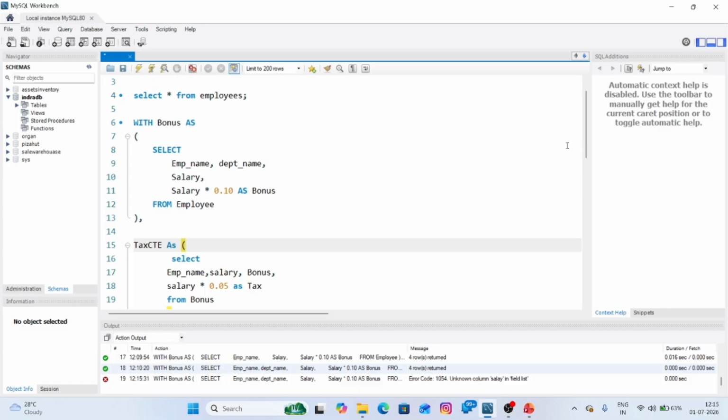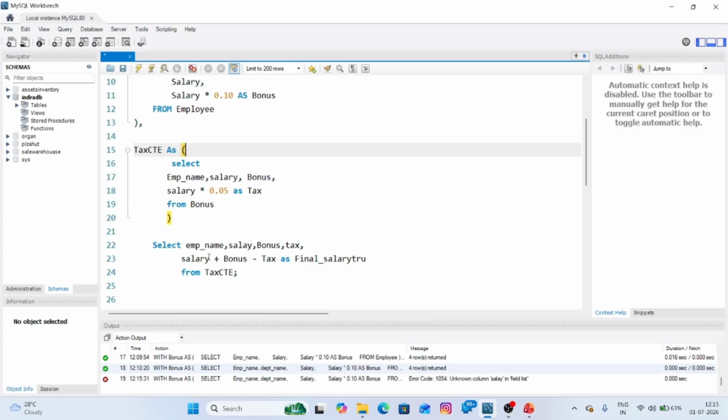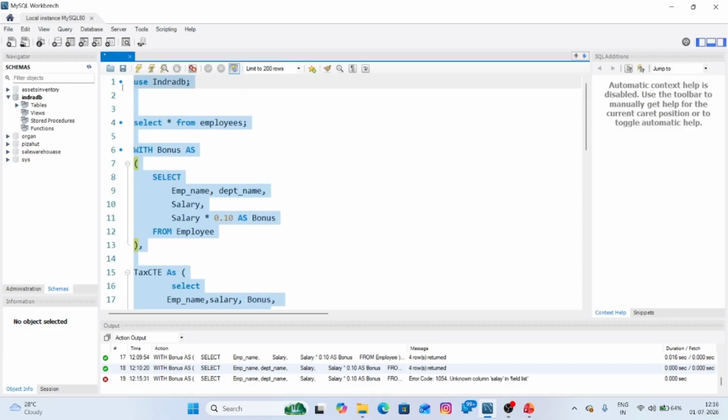Salary spelling is wrong somewhere. Where is that wrong? Somewhere I have spelled salary wrong. Here, SALARY. Now execute.